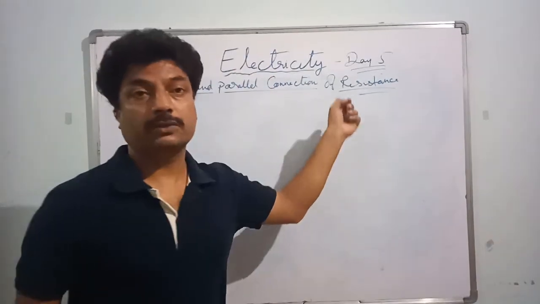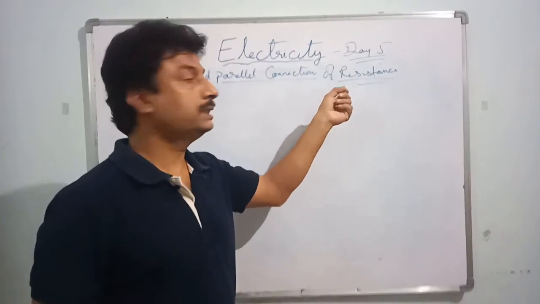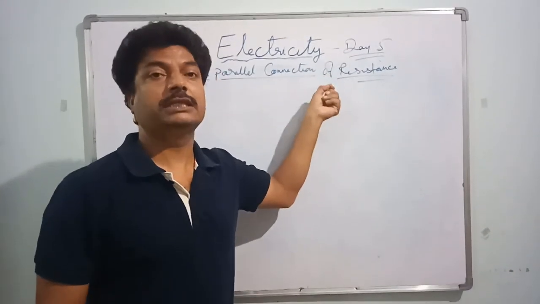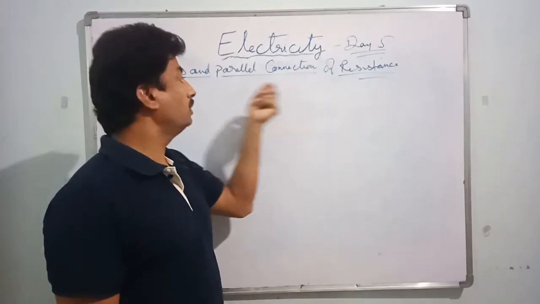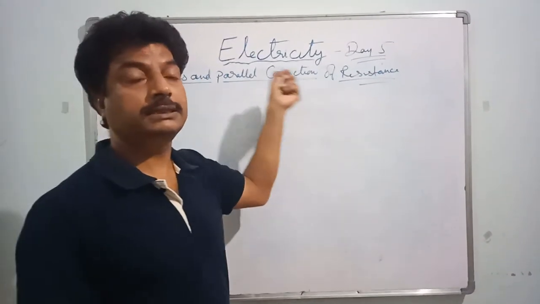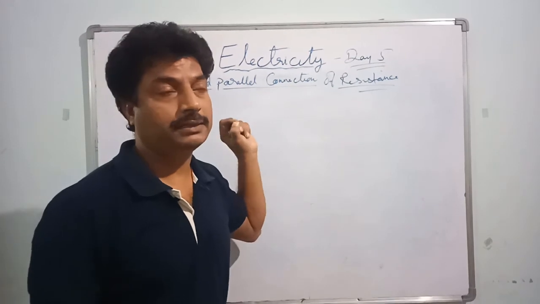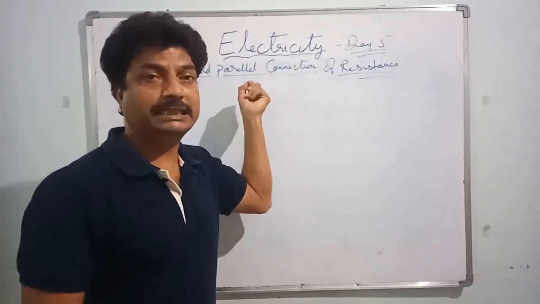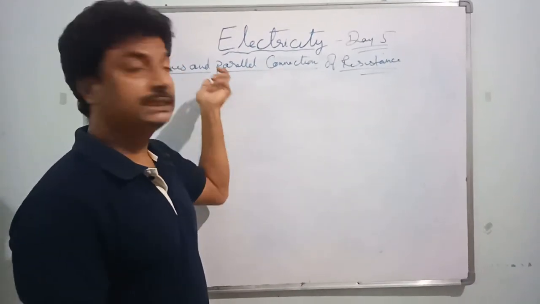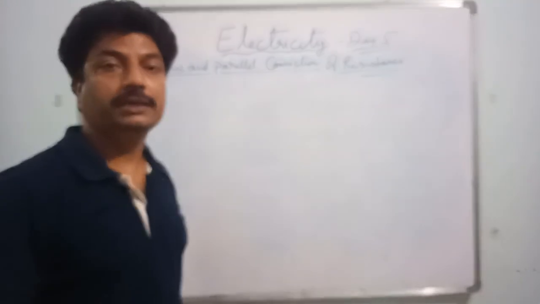Okay, we come across resistance, its SI unit. So what is resistance? We are all done with that. Now we are going to see about the resistors connected in series as well as in parallel. So first of all, what is this series connection? We'll come to know.